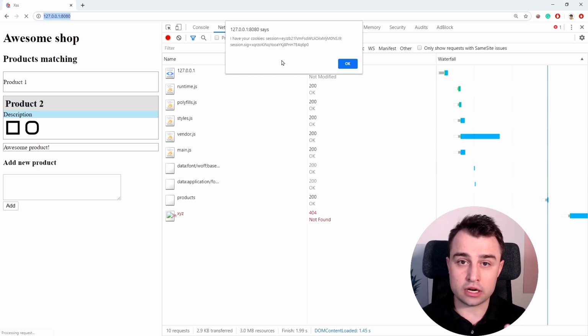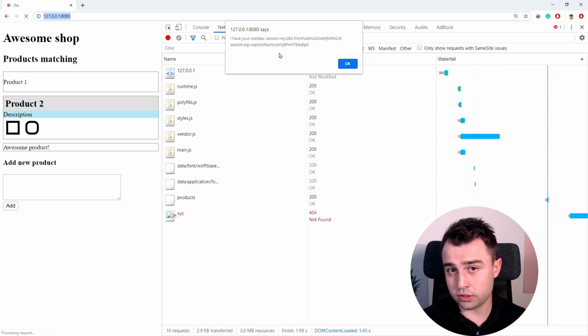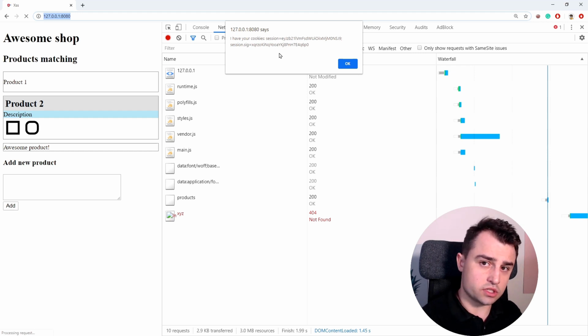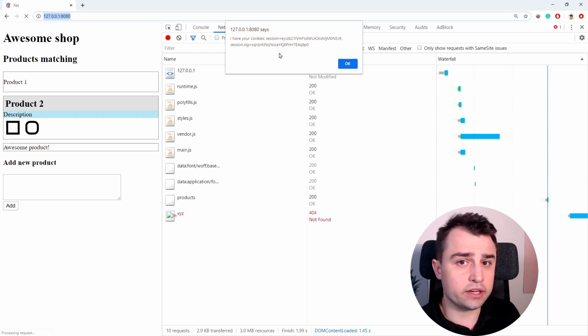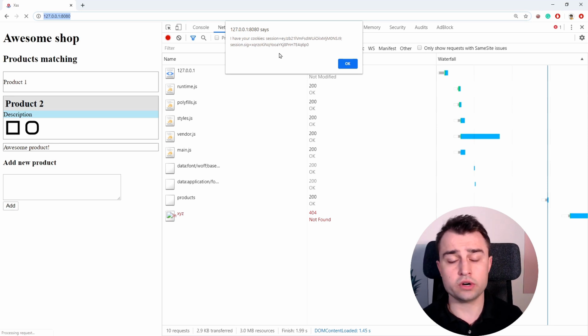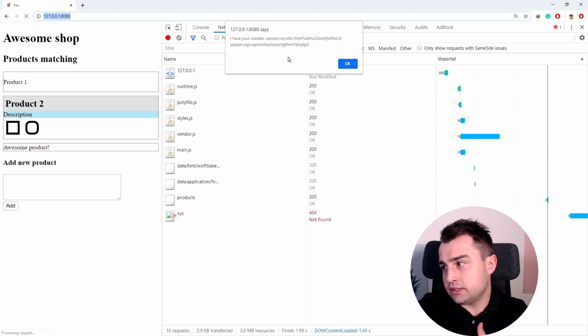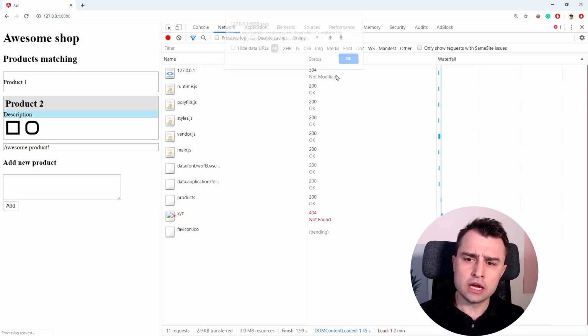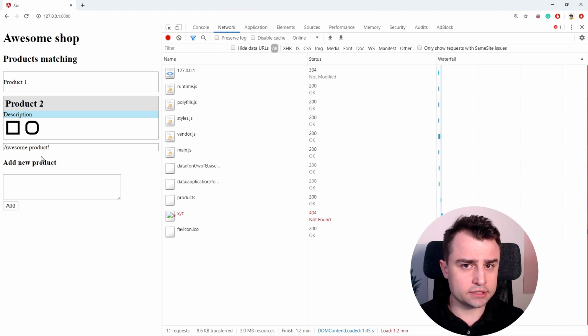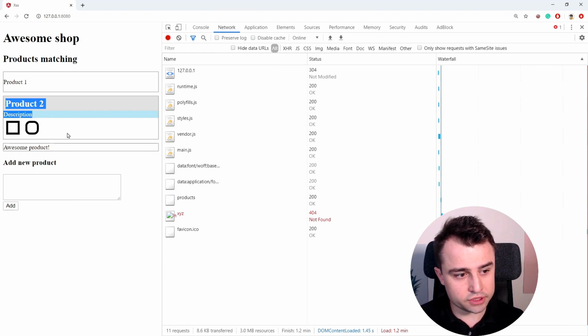So, as I said previously, whenever an attacker manages to execute some arbitrary JavaScript code in the context of some user's browser, it's basically game over, because now he can do whatever he wants. He can steal the session, he can look into the cookies, he can even look into the local storage and take the data and send it somewhere where he can read it. So yeah, we bypassed the security trust